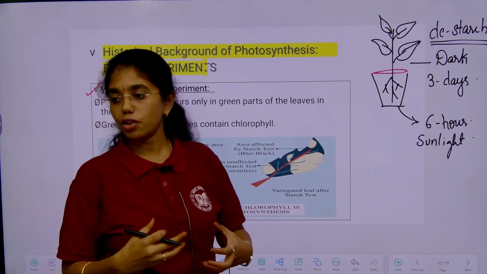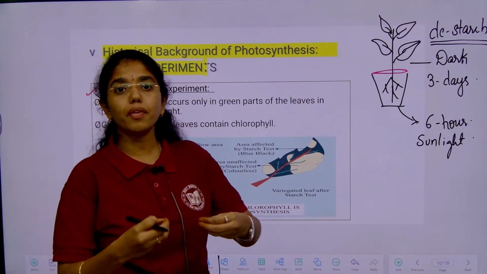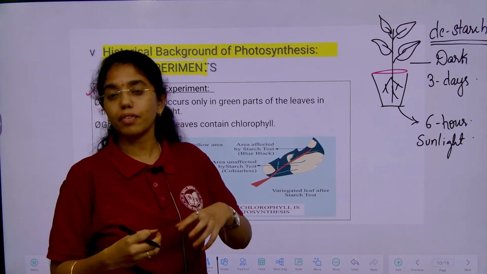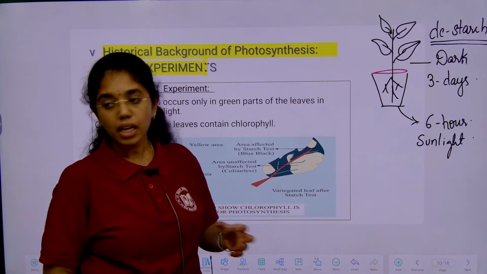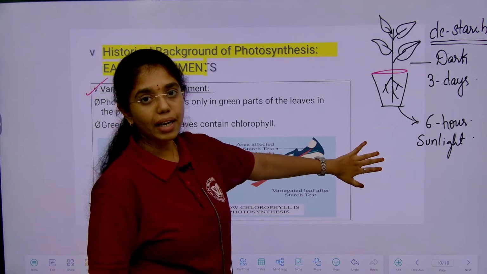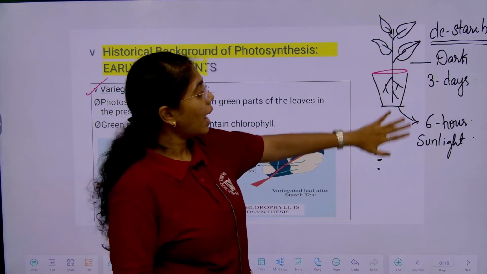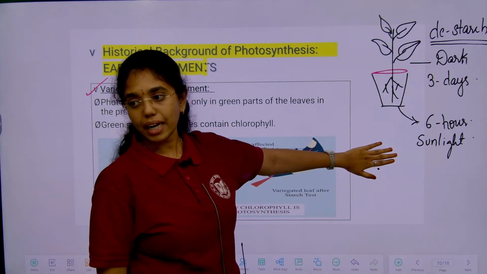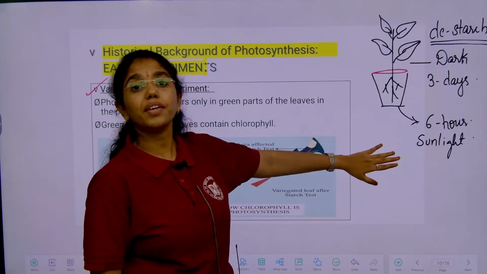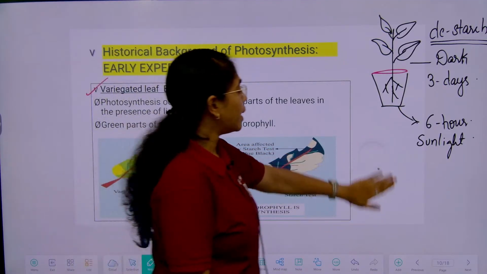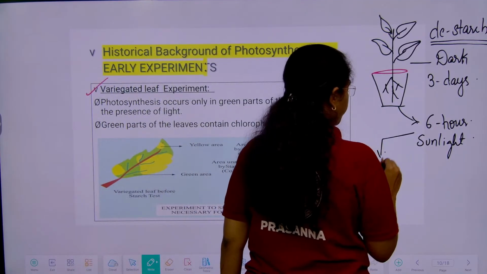Whenever you are very hungry and food is provided at that time, you will eat it at a higher frequency, right? Same we are applying to the plant here. After 3 days of keeping it in a dark room, we are again putting it under sunlight for just 6 hours to activate its metabolism. And then you take the leaf,